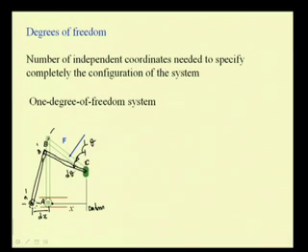So, that means it is possible to get the required coordinates for defining the configuration of this system if we specify a single coordinate x. So, we call this a single degree of freedom system, where we just need one coordinate to specify the